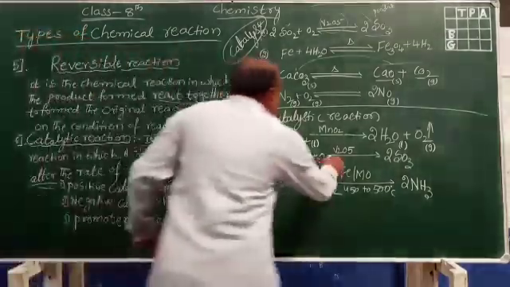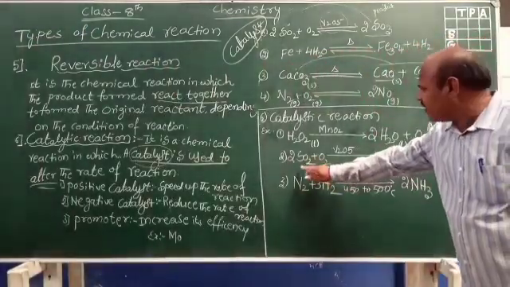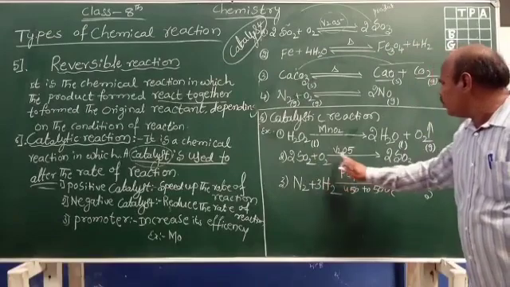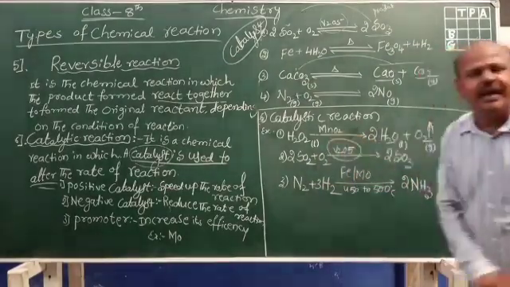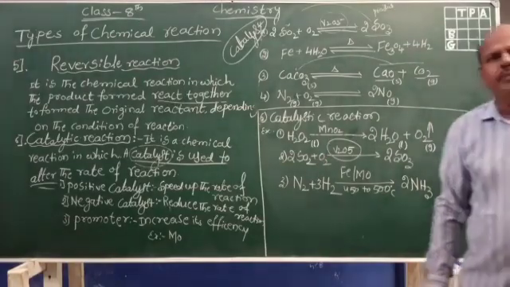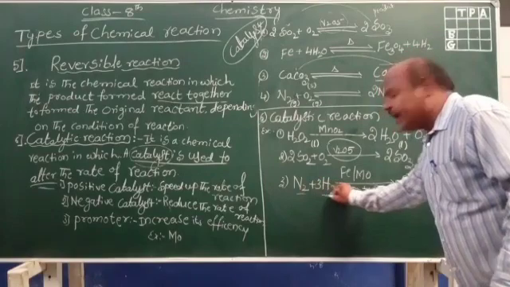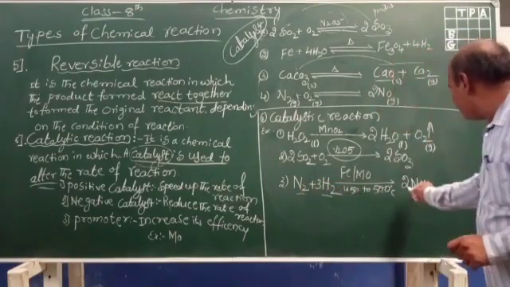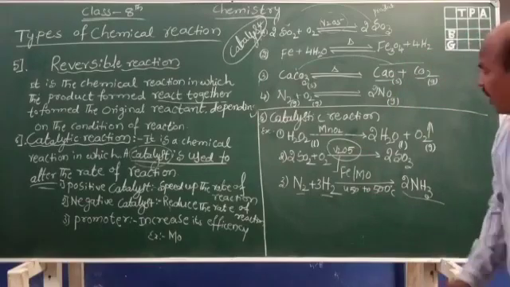For example, here sulfur dioxide reacts with oxygen to form sulfur trioxide. Here vanadium pentoxide, V2O5, is the catalyst. And here nitrogen and hydrogen react to form ammonia. Here iron is a catalyst and